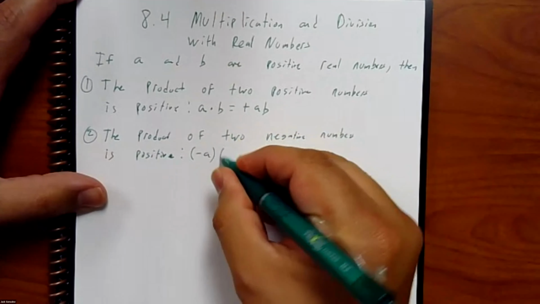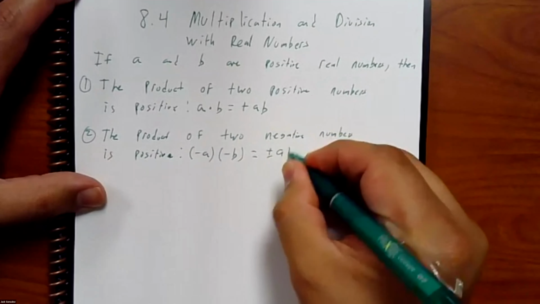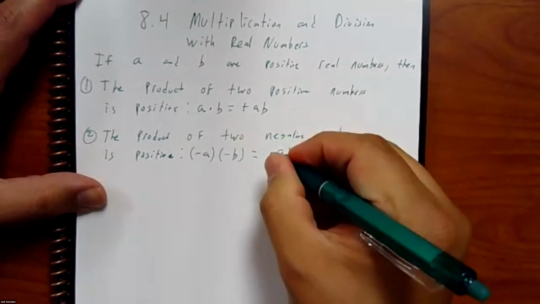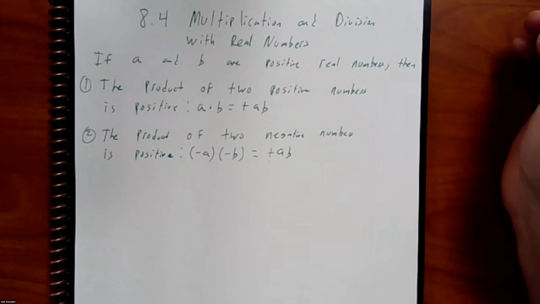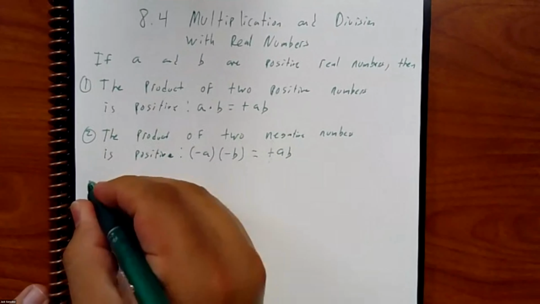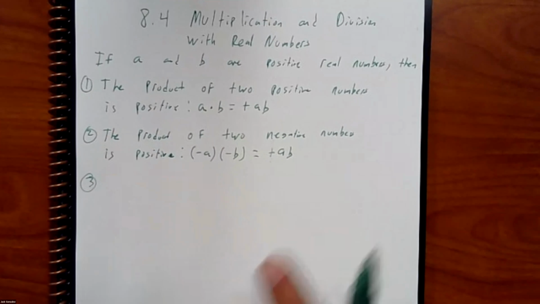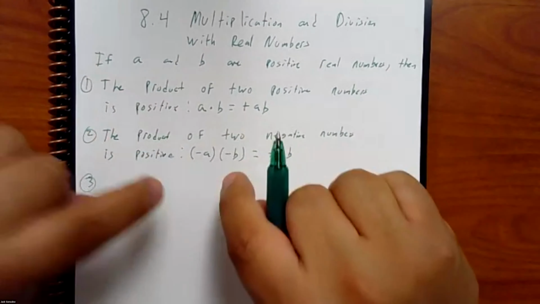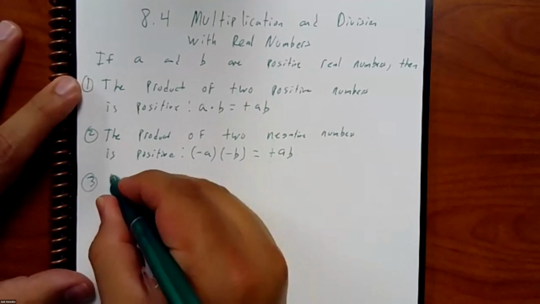Negative A times negative B is equal to positive AB. Of course, we never write the plus, it's just for emphasis, we're writing definitions, rules. If they're both negative, it's positive. Easiest way to think about it: if one of them is different, one of them switches, it's going to be negative. Right? Number 3. The product